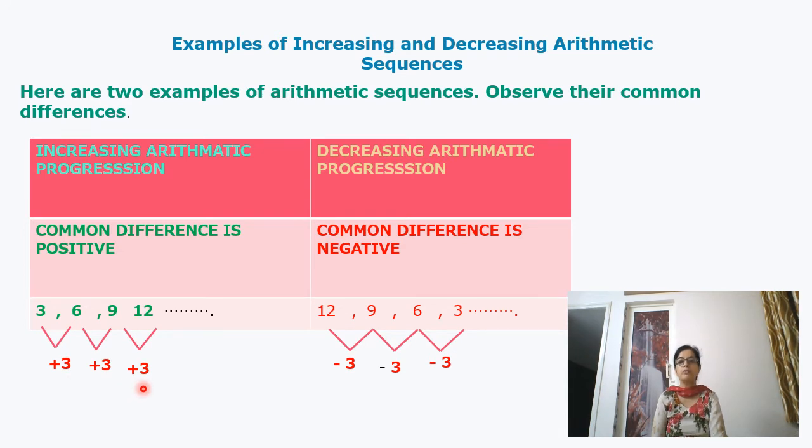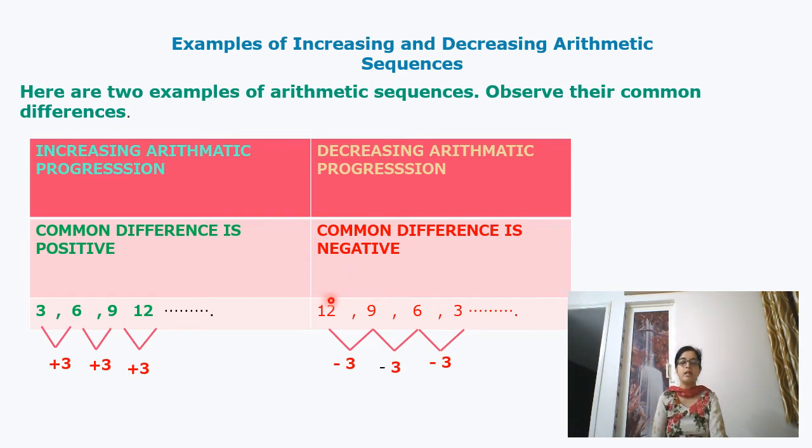Now, on the contrary, move to the next sequence in the table. There you can see 12, 9, 6, 3 is the sequence. Now, why is the common difference negative? Here, as the concept goes, subtract the previous term from the subsequent term when you take a pair of terms. Here let us take the first pair of terms 12 and 9. Subtract 12 from 9. Mind well, subtract 12 from 9. It means we are subtracting the previous term from the second term. That is why we are getting 9 minus 12 is equal to minus 3.